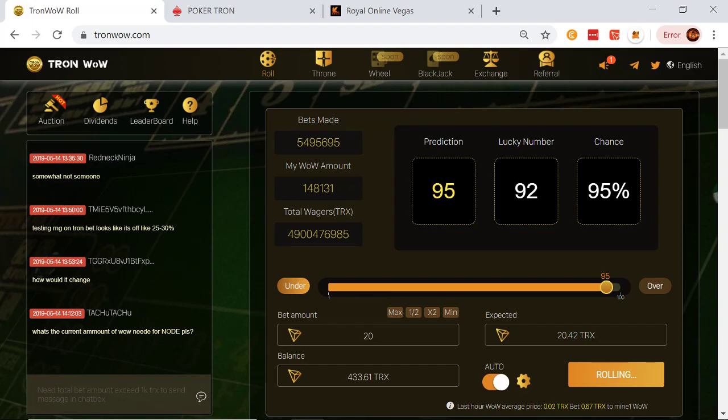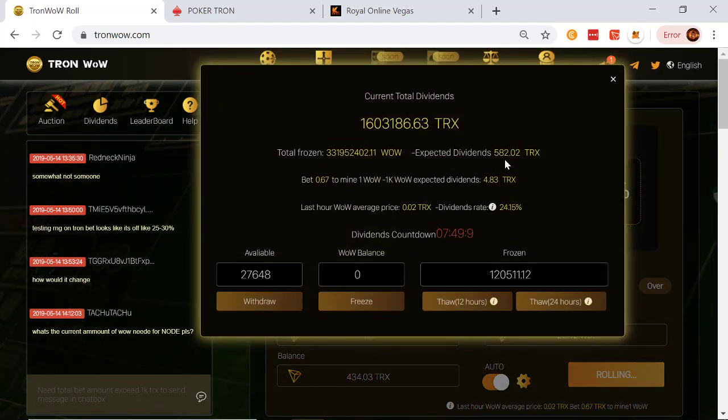So the key is basically staying ahead of dilution. A lot of times people get focused on what the current divs are at. The divs look good today, that's great. Oh, 24%, that's awesome. A lot of people get caught up on that. But really and truly, what matters is how much is frozen. And you want to make certain that you're able to keep your tokens above that number.